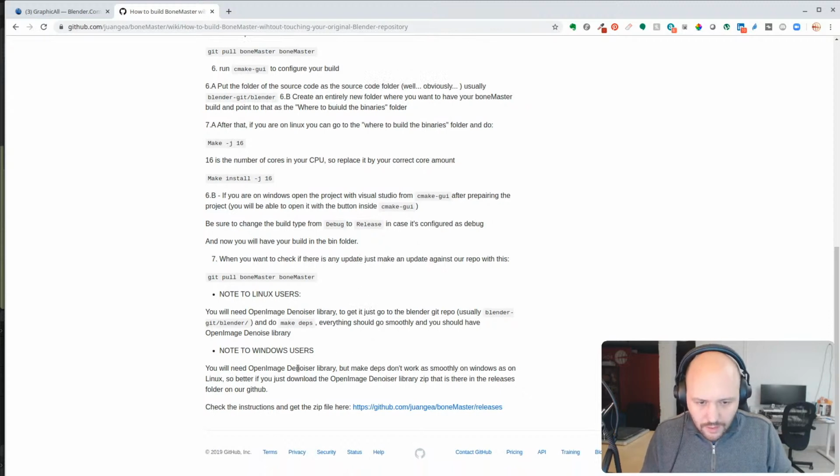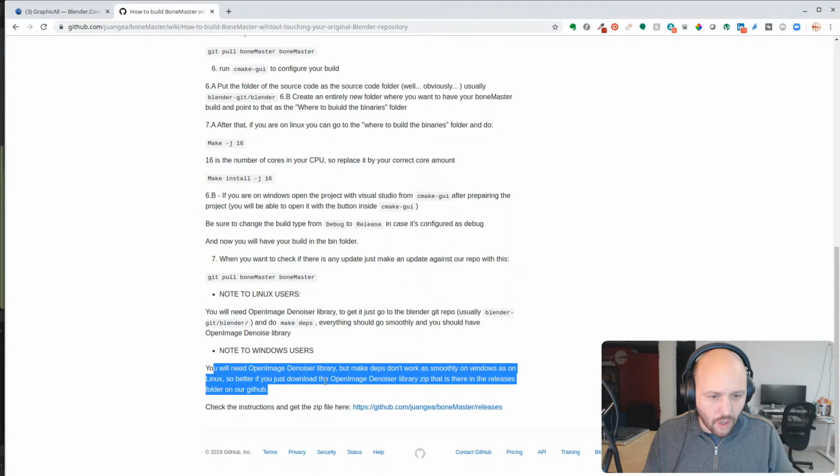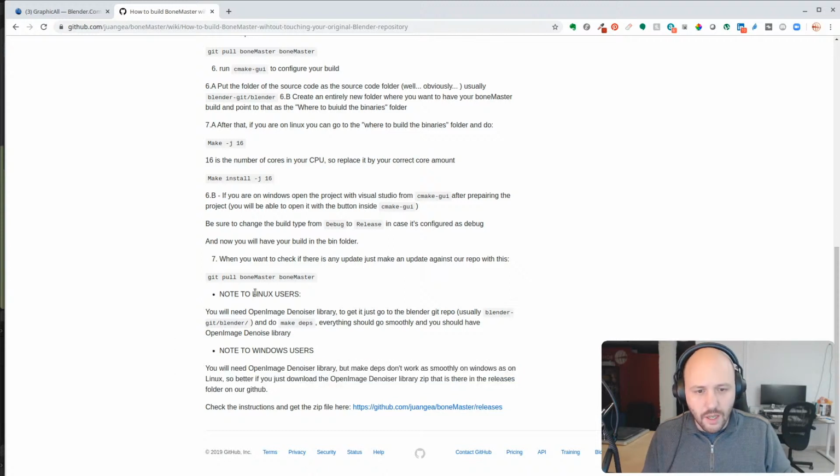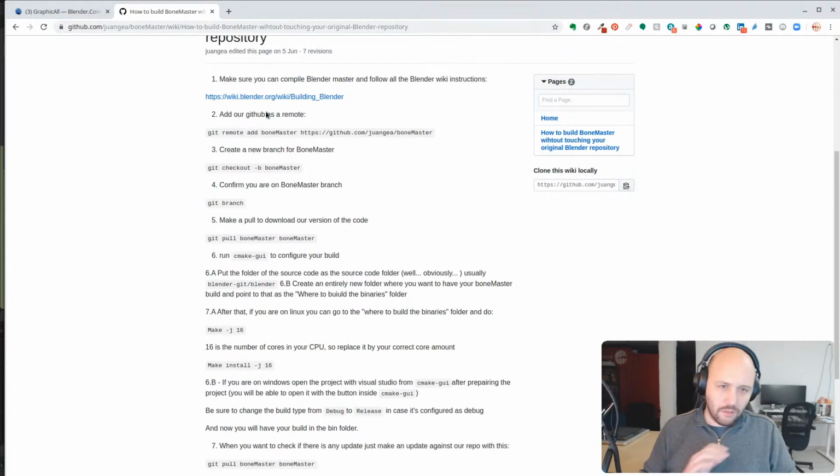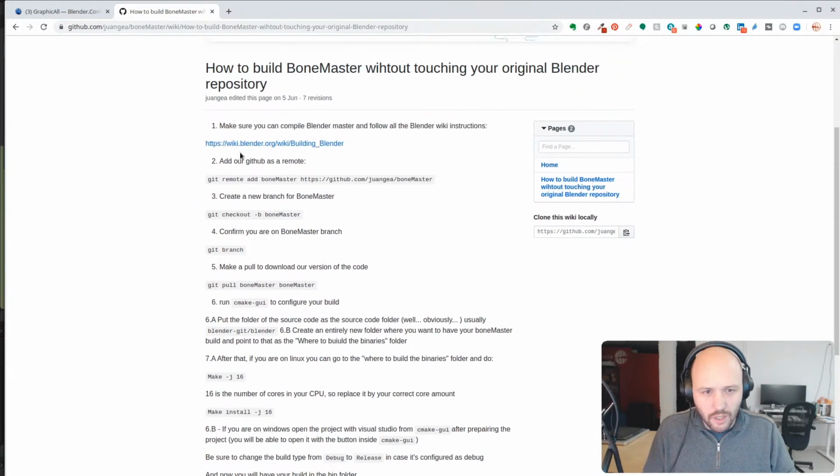There are some things that are outdated, like for example, there are some details here for the Open Image Denoiser and other things that are not needed anymore. But this is enough. So you can go here to the wiki, learn to build Blender, and then use these instructions to build your